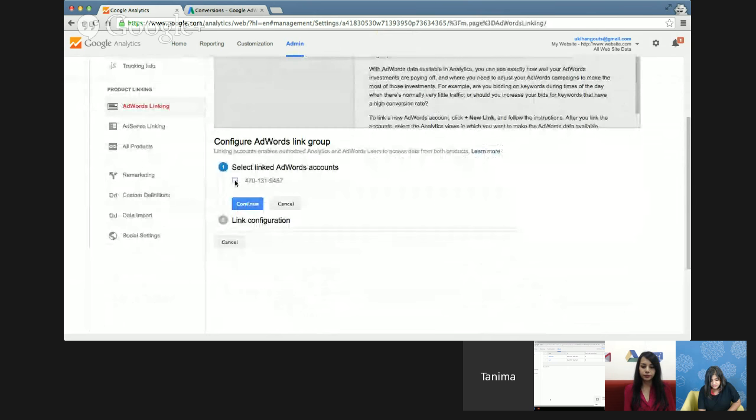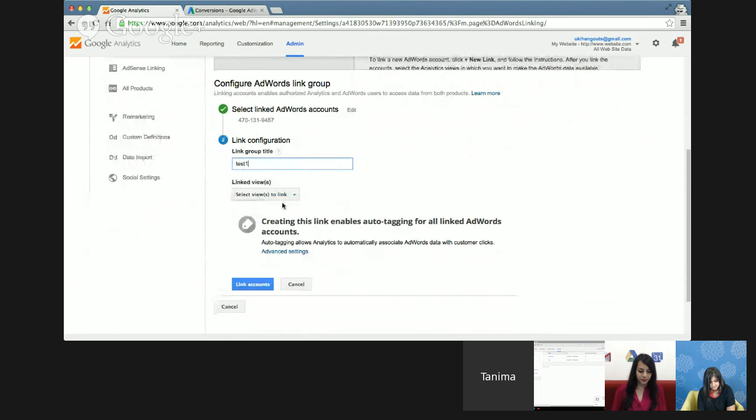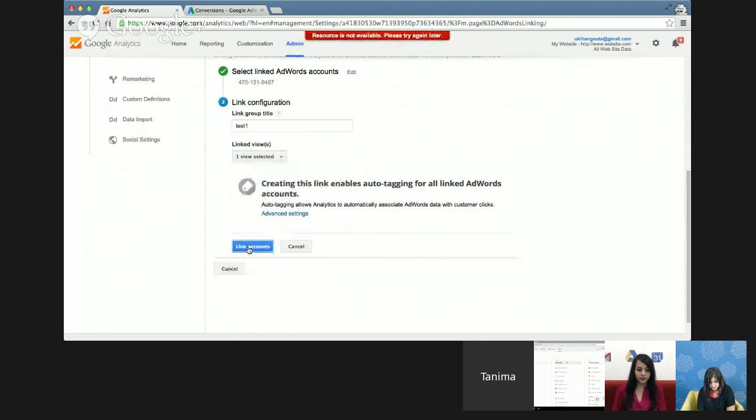Select the AdWords account that you want to link and continue. Here, give any group title that you want. I will say test 1, and the view that you want to link these accounts to, and link.